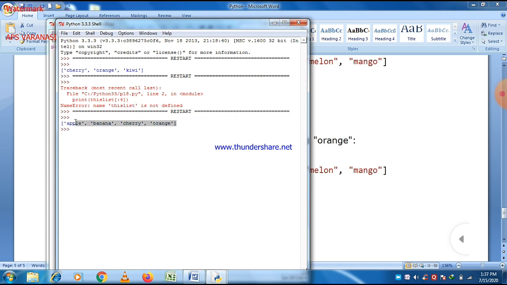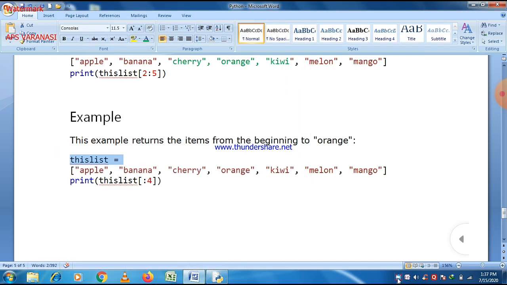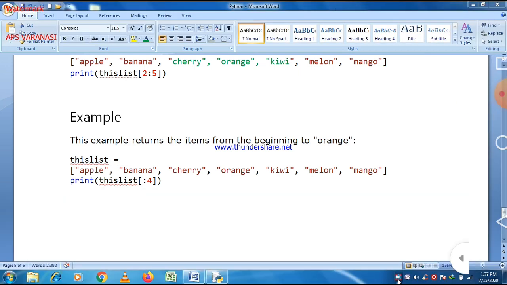You can easily see the 4 elements: apple, banana, cherry, and the fourth element is orange. So this is our video regarding the list data type.